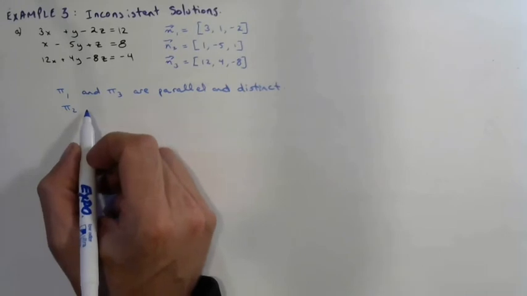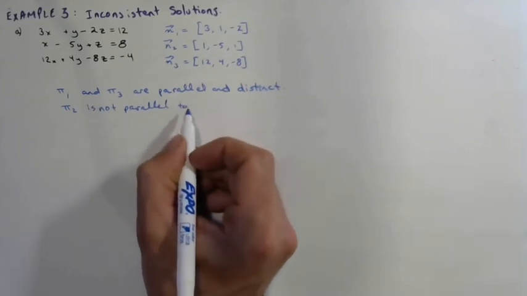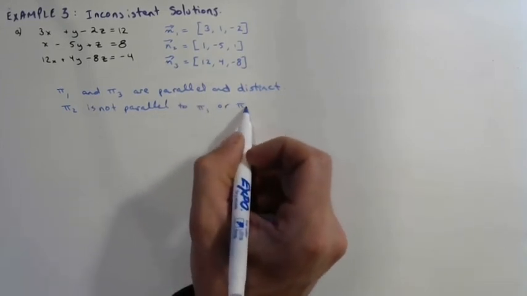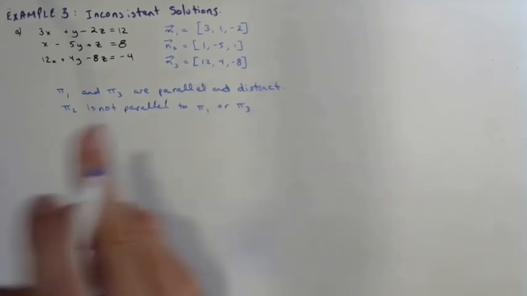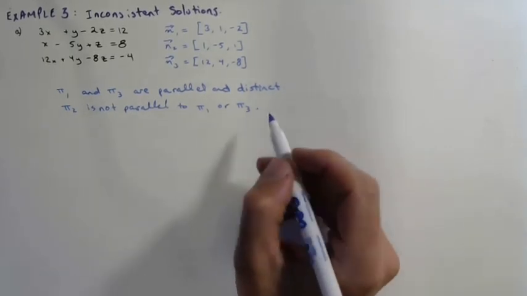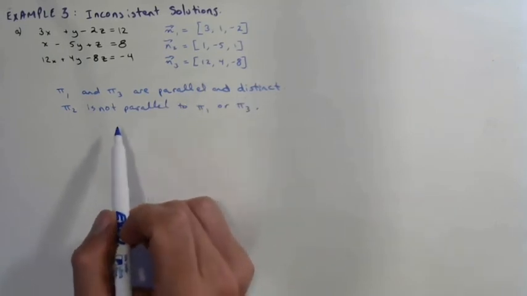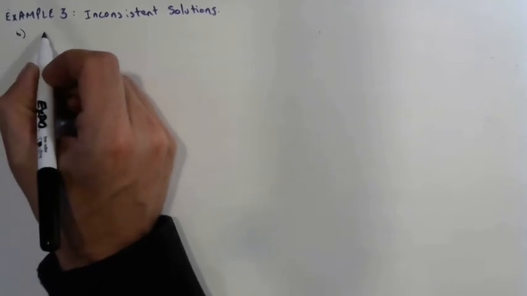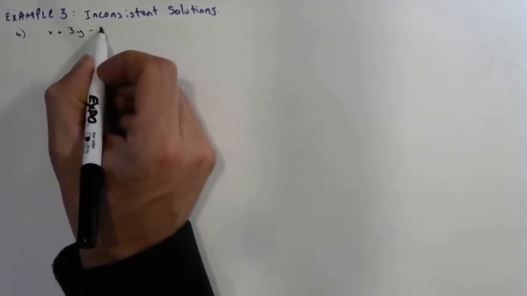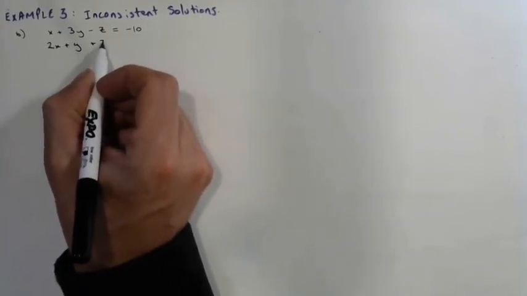Plane 2 is not parallel to plane 1 or plane 3, but it intersects both planes. So this system has two parallel and distinct planes with one plane cutting across them. Done. Example 3b, our three planes are x plus 3y minus z equals negative 10,